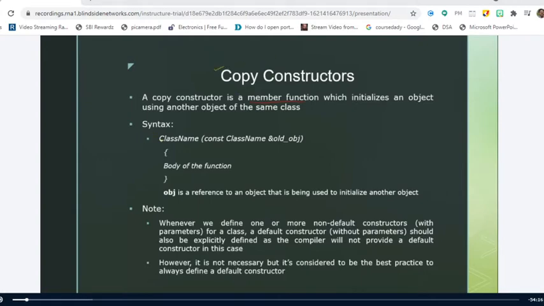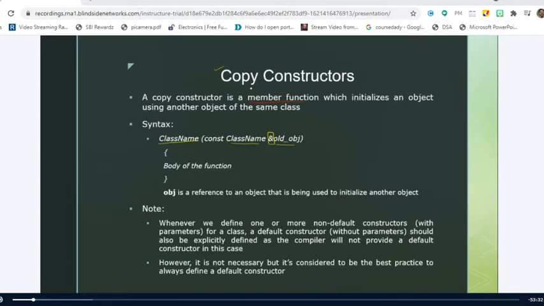The syntax is, it starts with the class name, as we know that the constructor is a function which has the same name as that of the class. Here the copy constructor also starts with the class name, and within the parentheses we have only one parameter or one argument which is given as a reference. Here we can observe that it consists of an ampersand symbol. That means it represents the address of some old object. And here, this is the class name to which this old object belongs.